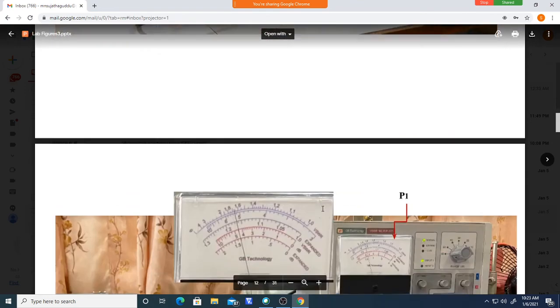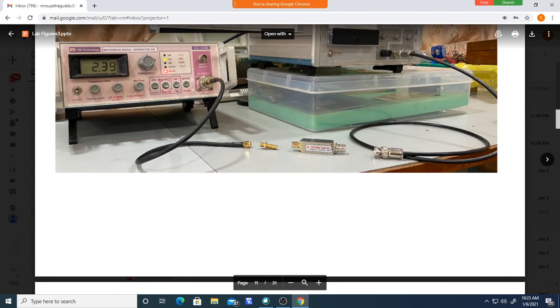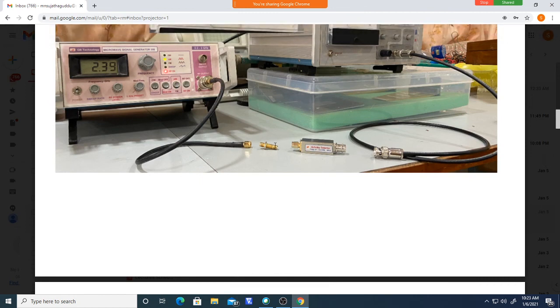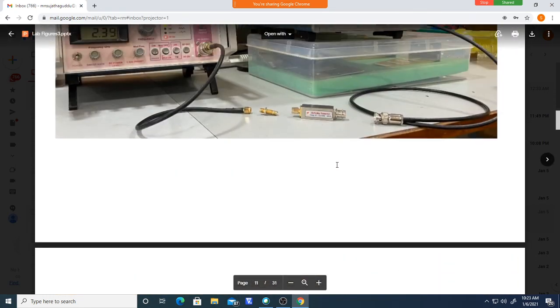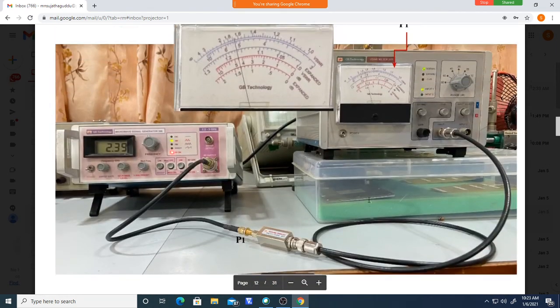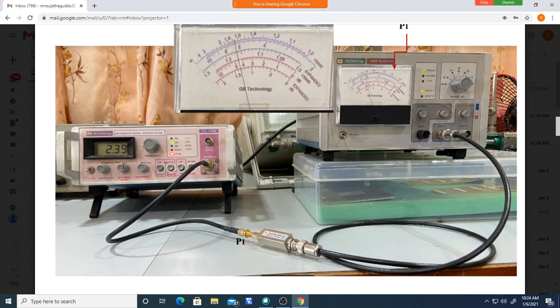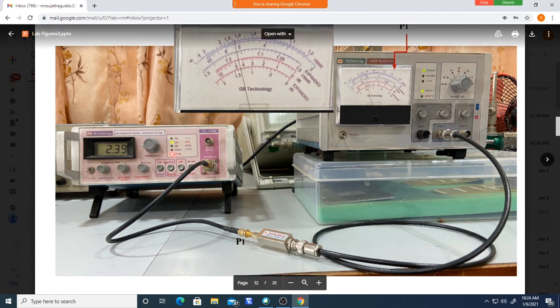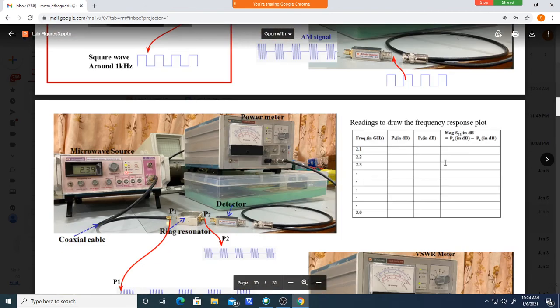Connect it like this, connect it like this. Actually to connect this detector we need this one, it is available in the laboratory. You take this and connect it to here. The connection will come like this. First you should do like this. This is one more, and then you connect, and the assembly will be like this. You keep it at some level, middle or maximum. Better you keep the power level at maximum. Vary the frequency and note down this P1.